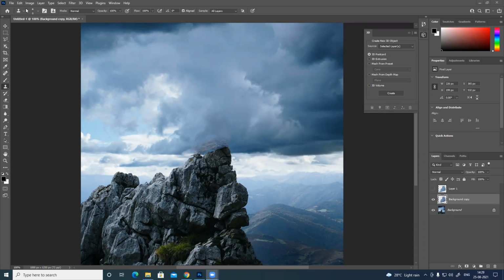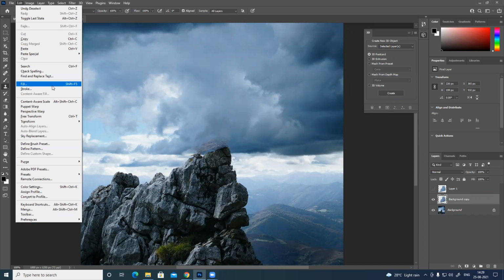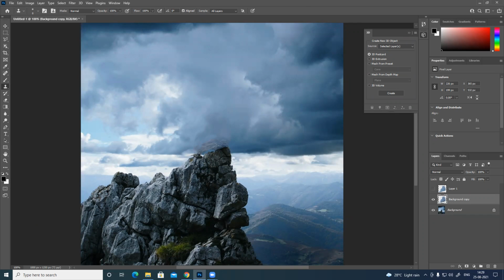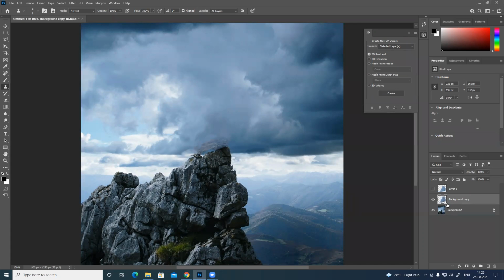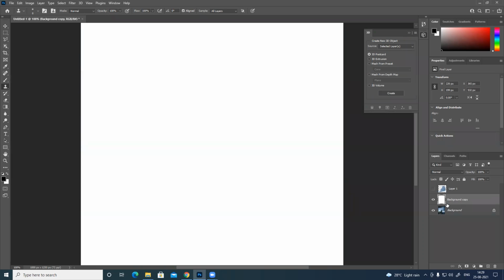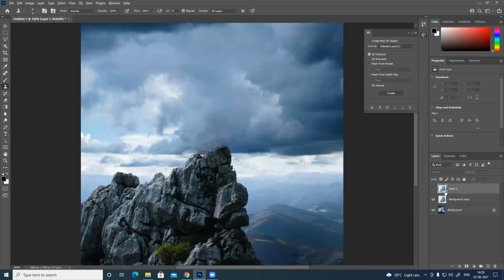What is this, alt backspace? No, but just in chat he said alt backspace. You can remove this with content aware. Oh, I never used it. Alt backspace, no, it doesn't work. Okay, let's see. It's filling black only. Maybe you have set this manually or something, because in my system it's all default.